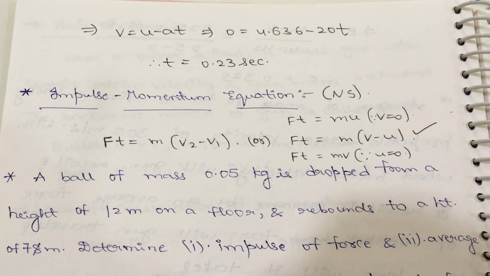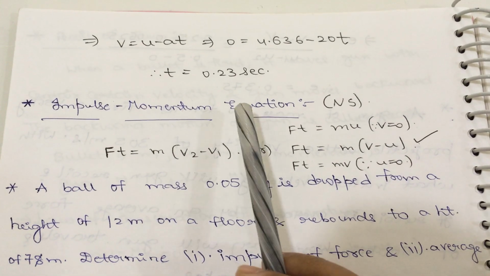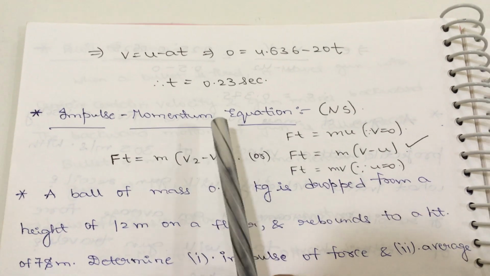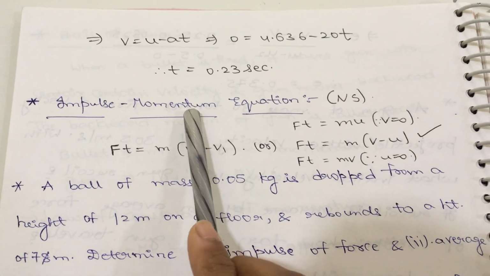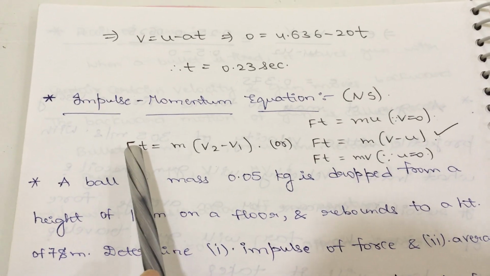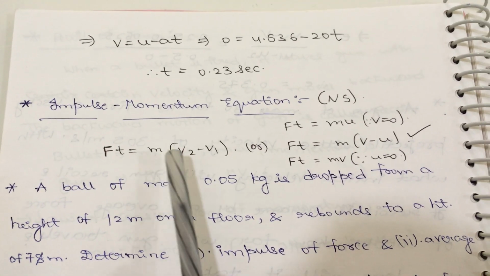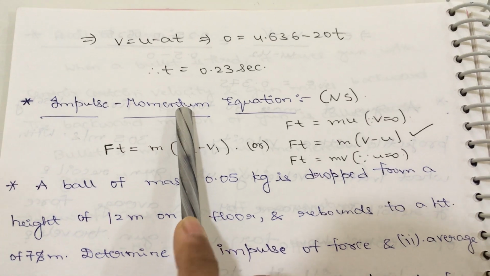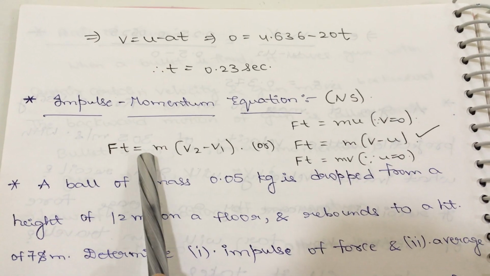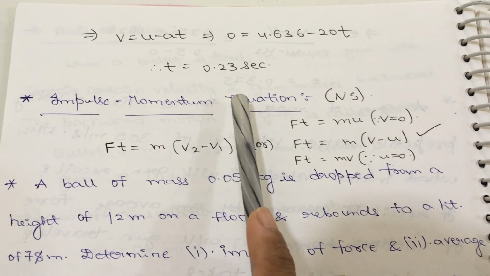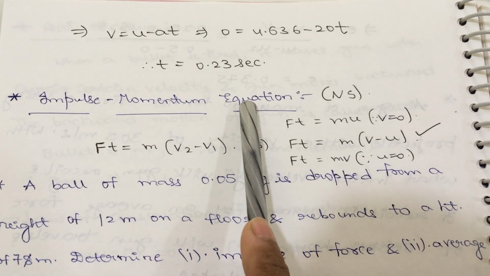Hello everyone. Today in this video we will discuss the impulse momentum equation. So first of all, what is meant by impulse and what is meant by momentum? The product of force and time is nothing but impulse, and the product of mass and velocity is nothing but momentum, and impulse equal to change in momentum is nothing but the impulse momentum equation, and it